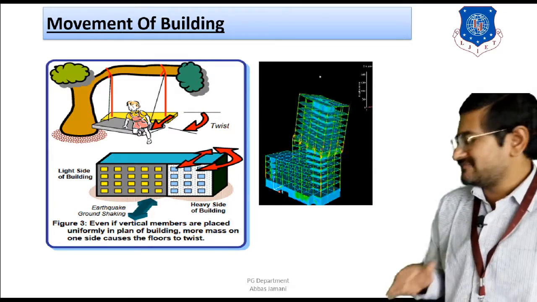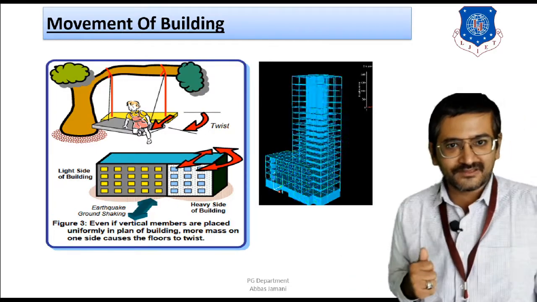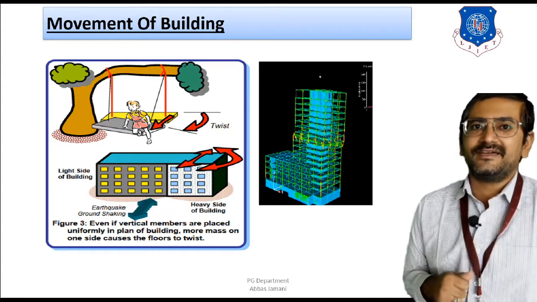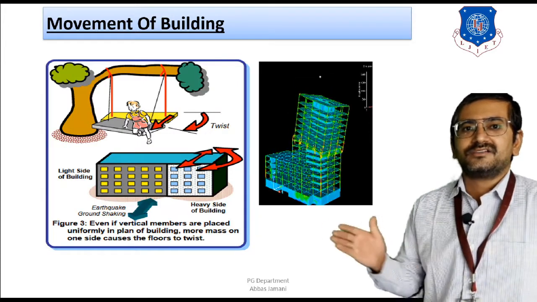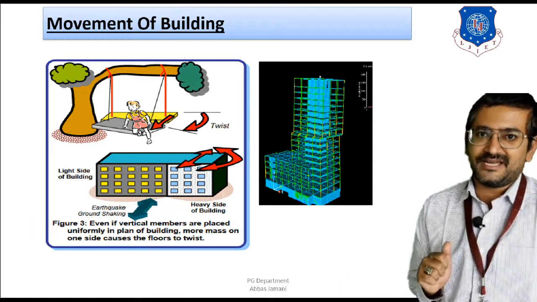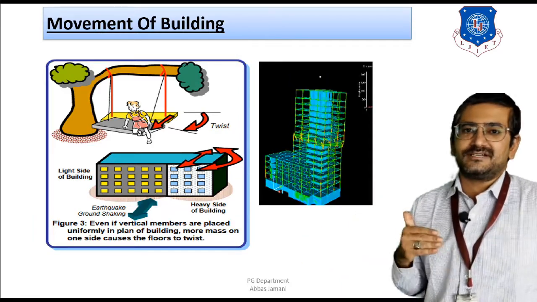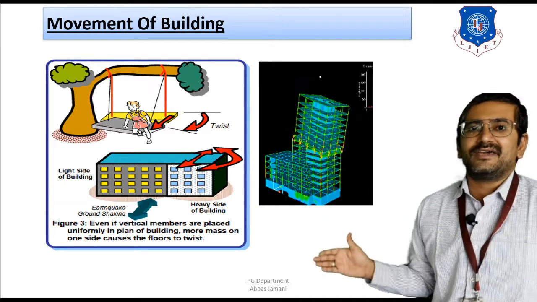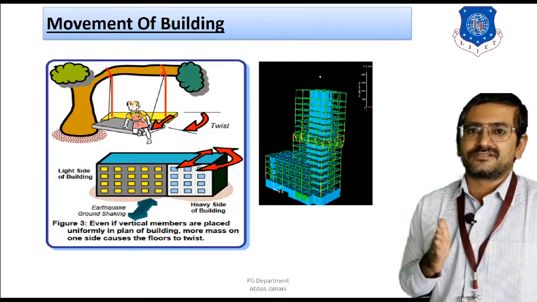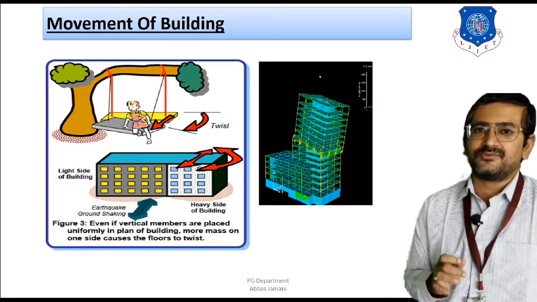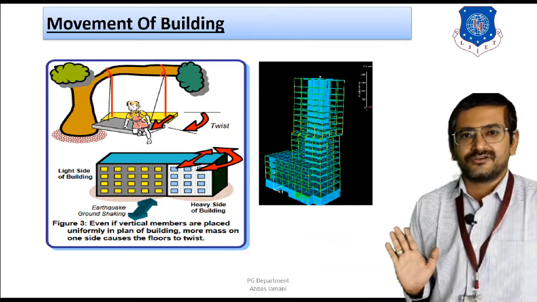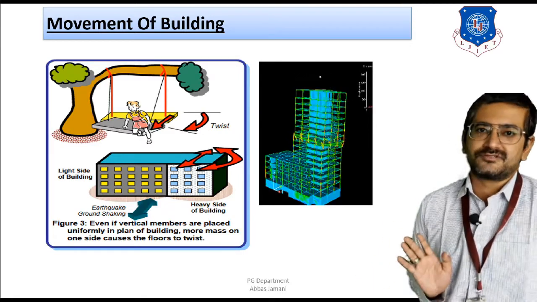Same type of behavior can be experienced in case of buildings also, right? How is it going to happen in case of buildings? For example, let us take a building where on one side the storage of the goods is done, and on the other side it is used for residence. So the portion of the building where the storage is done is going to be subjected to heavy mass, and where the residents are staying, there the less mass is going to be there. And as we know that in case of calculation of seismic weight, 100% of the dead load is considered. As a result of that, wherever the dead load is more, earthquake force is going to be more. Wherever the dead load is less, the earthquake force is going to be less, right?